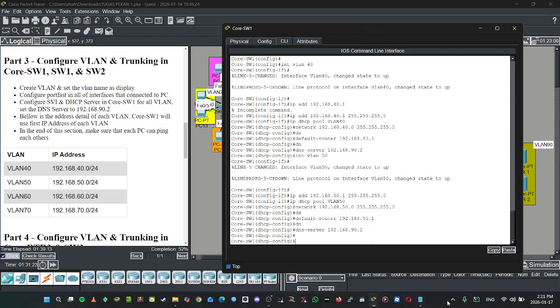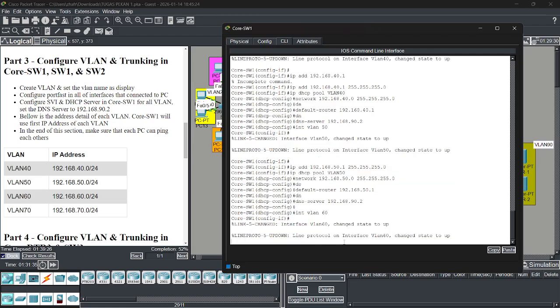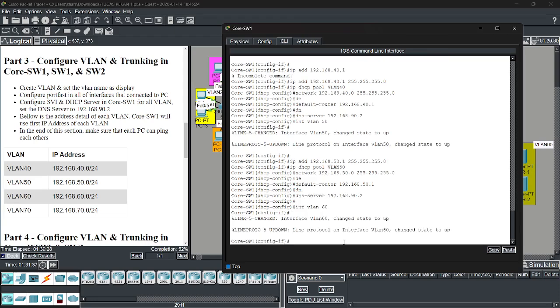Okay, we go to interface 50, finish, and then now 60. VLAN 60 IP address is 60.1, 255 subnet mask 0.